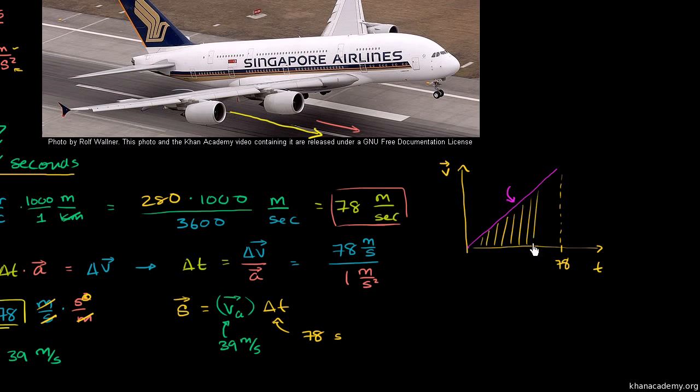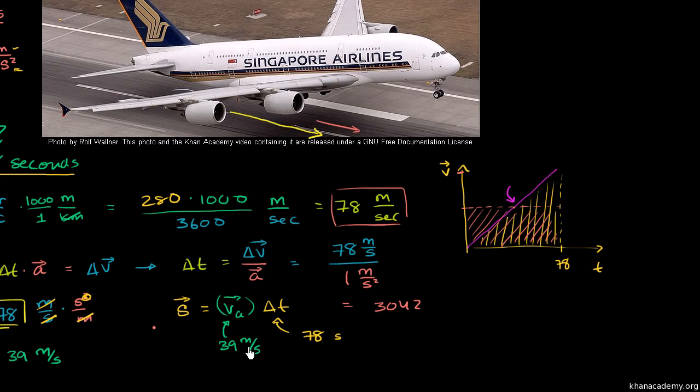So the distance traveled is this area right over here, which we covered in another video, where we gave you the intuition of why distance is area under a velocity time line. But an average velocity is some velocity, and in this case it's exactly right in between our final and our initial velocities, that if you take that average velocity for the same amount of time, you would get the exact same area under the curve, or the exact same distance. So our average velocity is 39 meters per second times 78 seconds. So this gives us